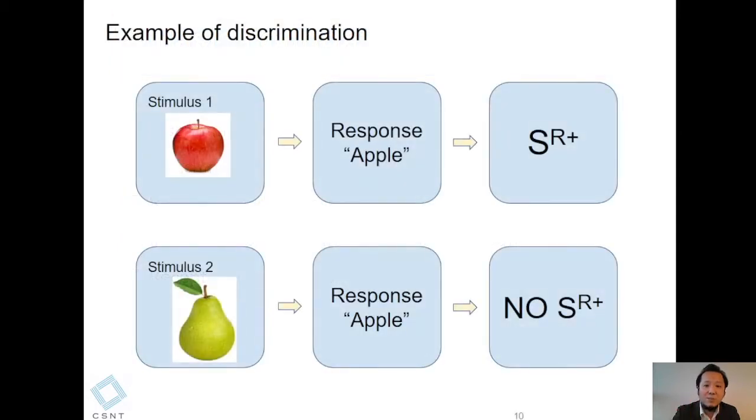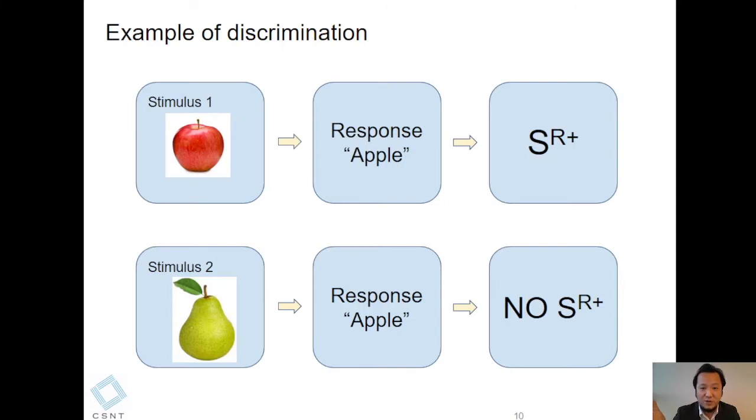Now, here's an example of discrimination. When the therapist produces a stimulus, whether it's the actual apple or a card, and the student responds by saying apple, at which point they're reinforced with something they like. So you're producing a reinforcement. And upon the next time they see the same stimulus, the student is likely to reproduce the same answer because